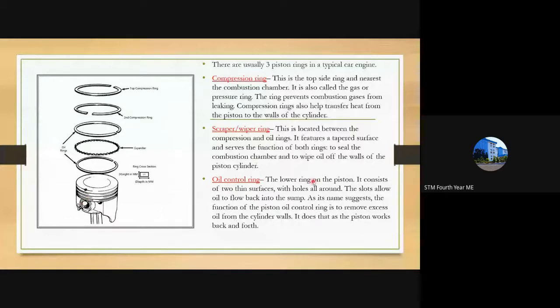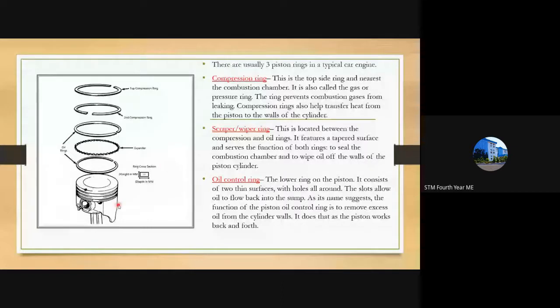When oil is applied to the cylinder, if oil is present inside the combustion chamber, that is where the fuel and air are ignited, we will get a smoky exhaust, that is, black smoke. Such combustion is not desirable. So we have to somehow restrict the oil present inside the cylinder. For that purpose, an oil ring is provided.